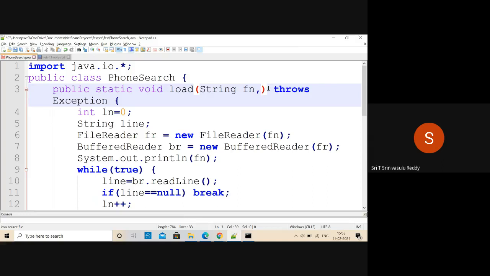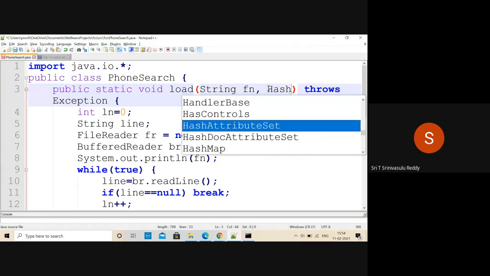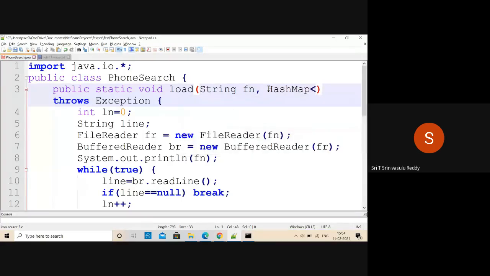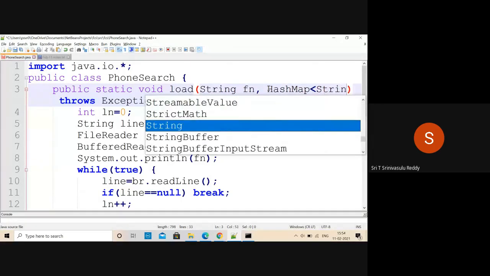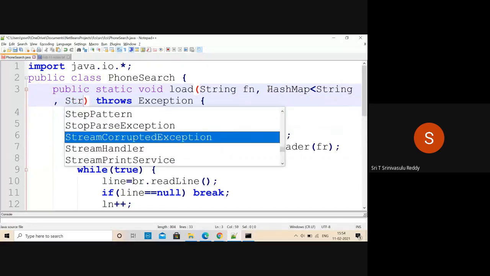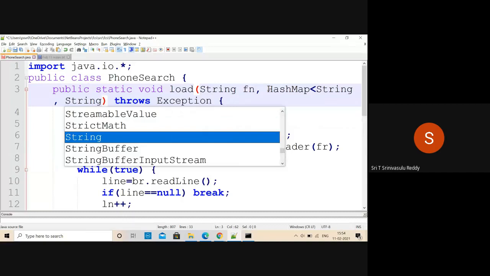So here, one possibility is to pass the hash map also as a parameter to this. Otherwise, if you create a hash map inside the load, then that is not visible. That's not going to be available to the main method, right? So that's why, what we shall do is, let me pass a parameter. That is the easiest thing actually. That's why I'm just using for the time being HashMap of String, comma, another String, key value, this data type.